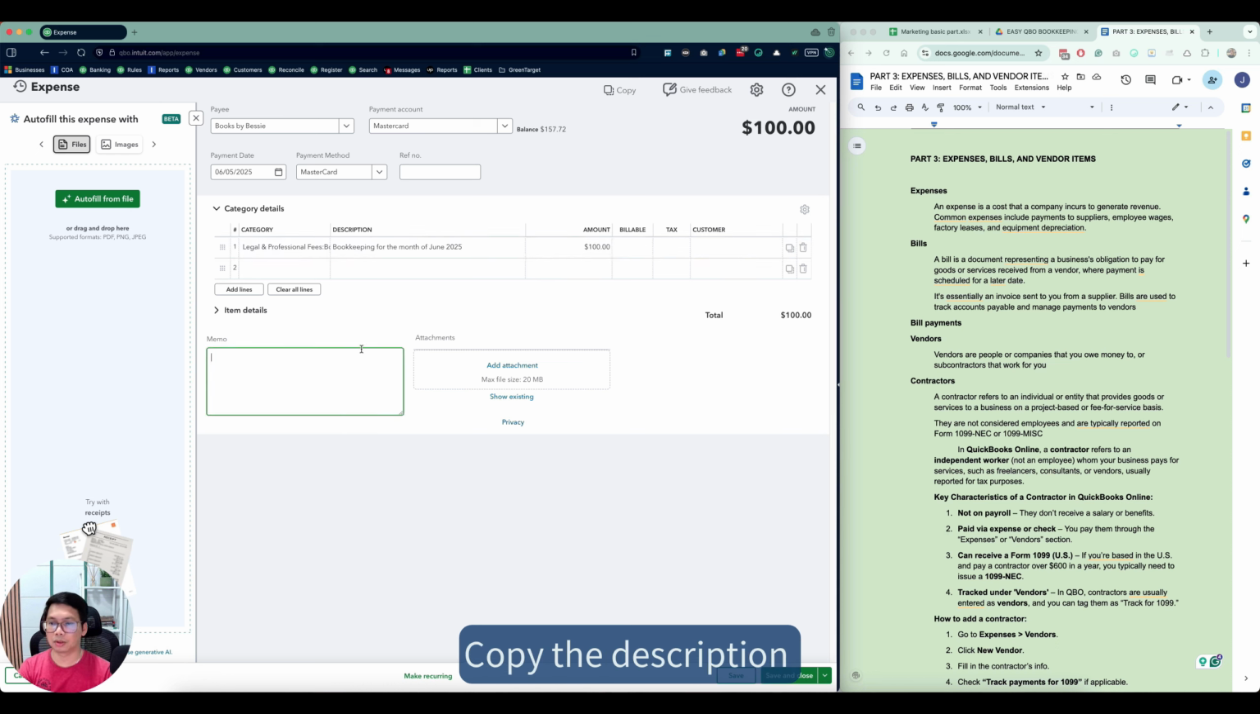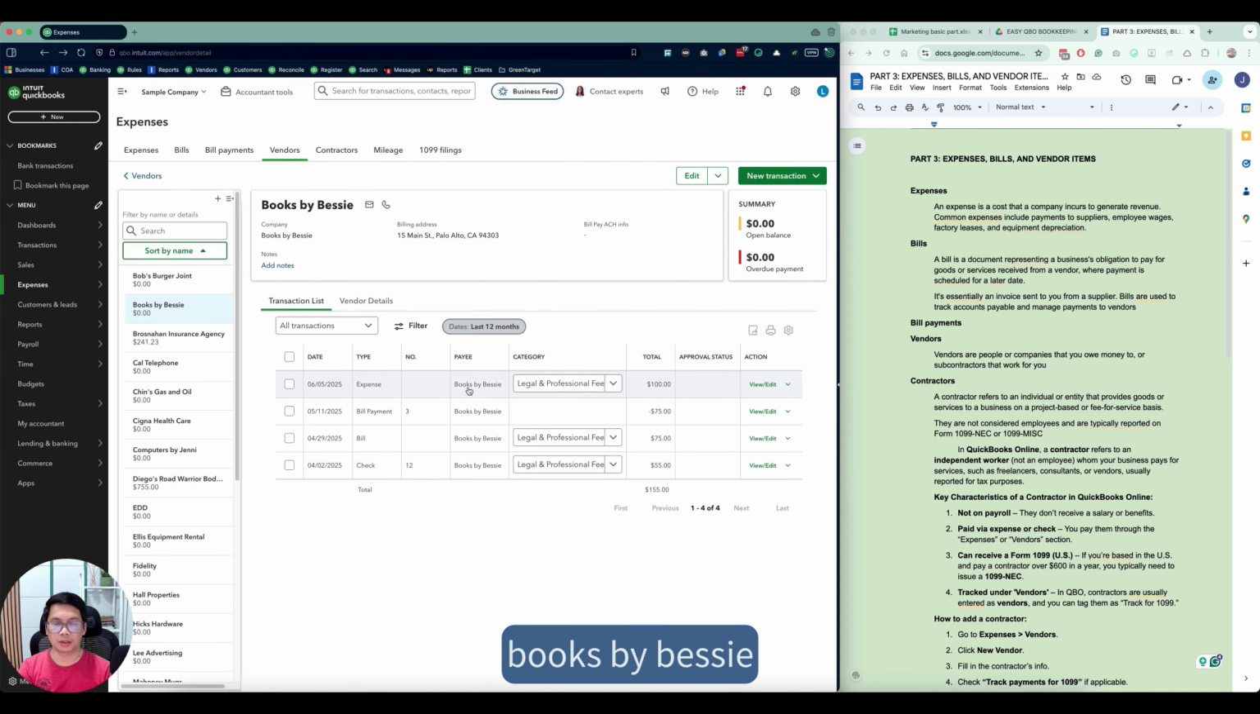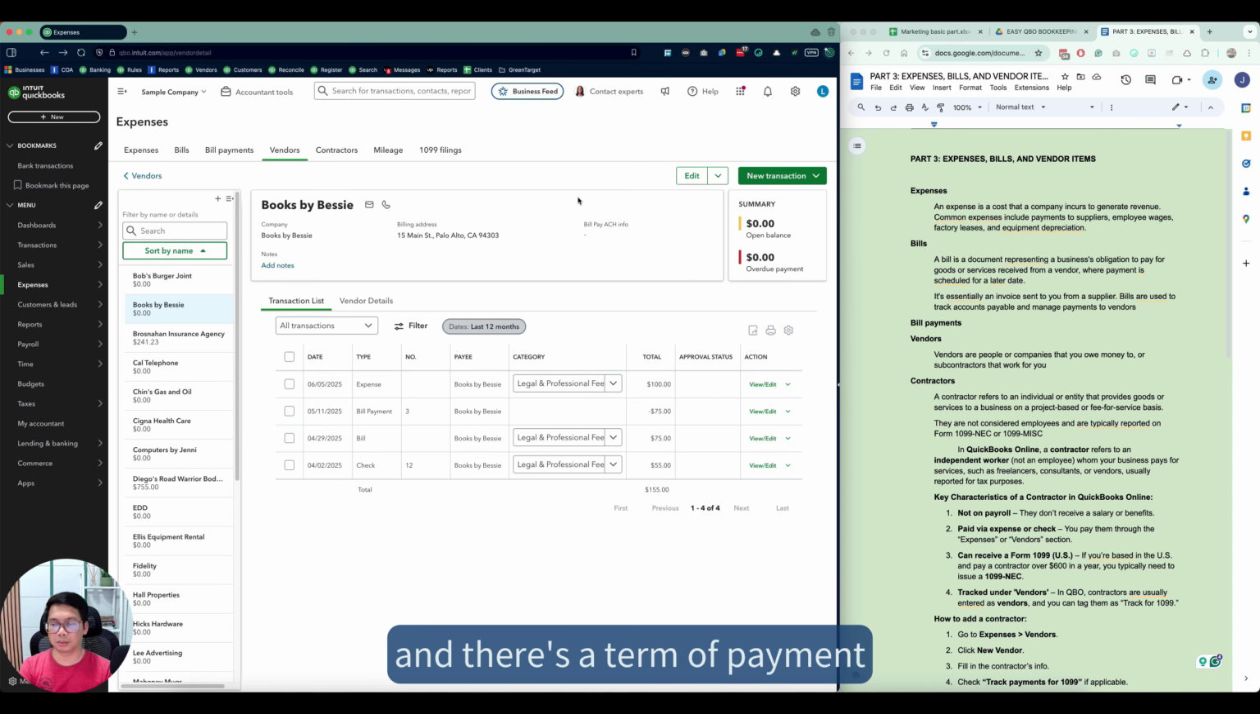Copy the description to the memo section. If Books by Bessie send an invoice to you, you can attach the invoice here. Save and book. So when you pay your Books by Beshi bookkeeping, you can record it as an expense. If they send you a bill and there's a terms of payment, then the more appropriate document for you to